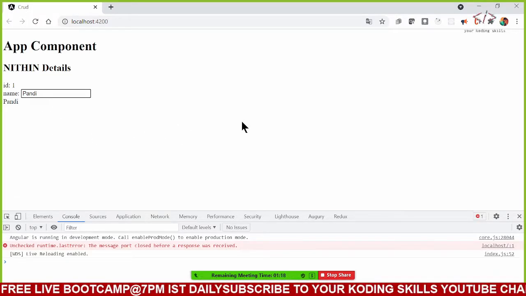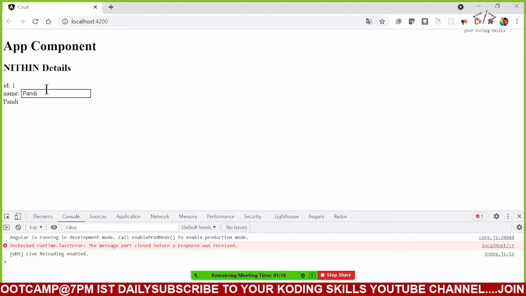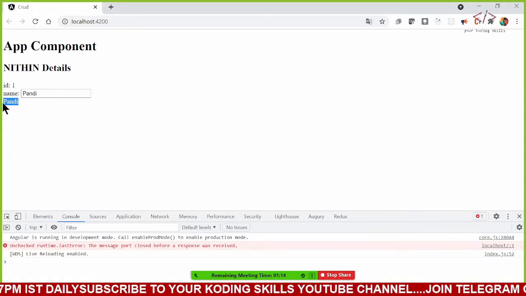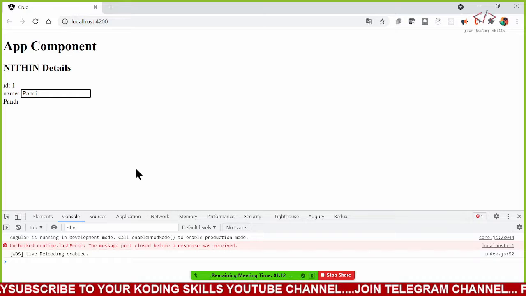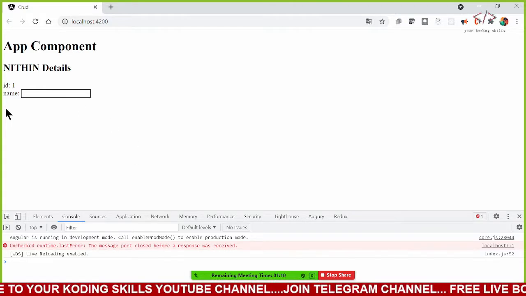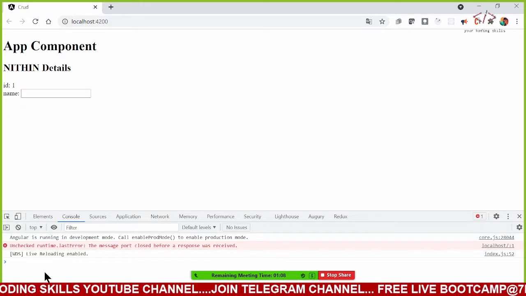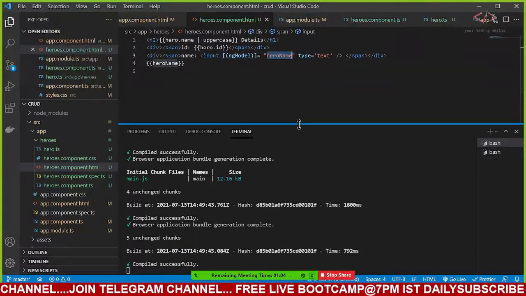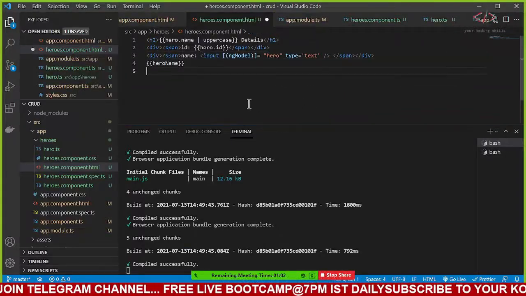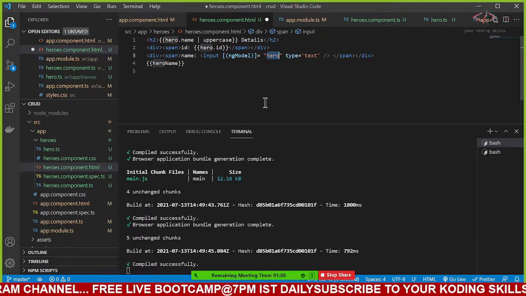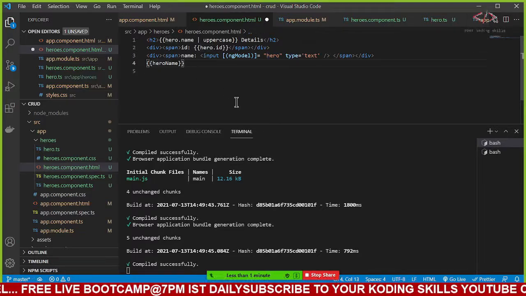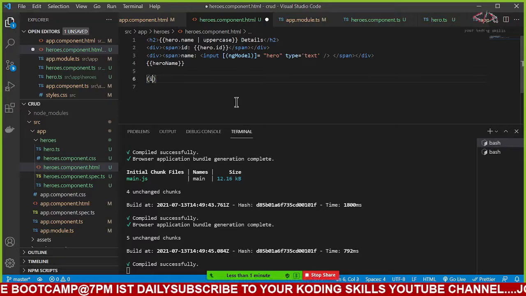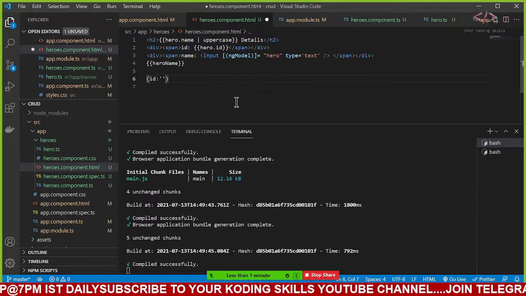See, Pandi, I have it here because this variable is having a value, it is displaying. Okay, and if I'm removing this one, it is flushing out whatever is in that variable. But your question was, I will give an object itself. Okay, I will give the object itself, but your object is actually having an ID and a name.